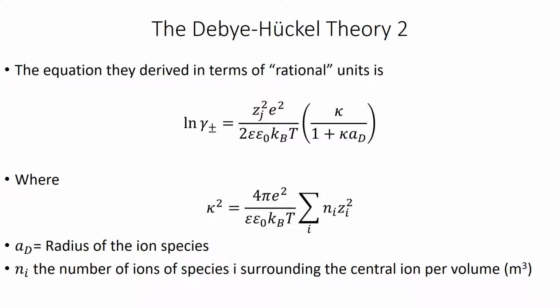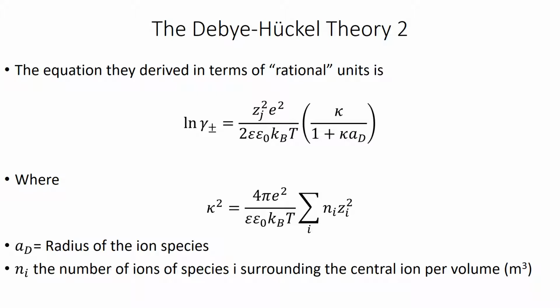You've got epsilon naught, which is the permittivity of free space, and epsilon, which is the dielectric constant of your solvent. And you multiply this prefactor by this bracket, in which you've got kappa divided by 1 plus kappa a_D. Now,